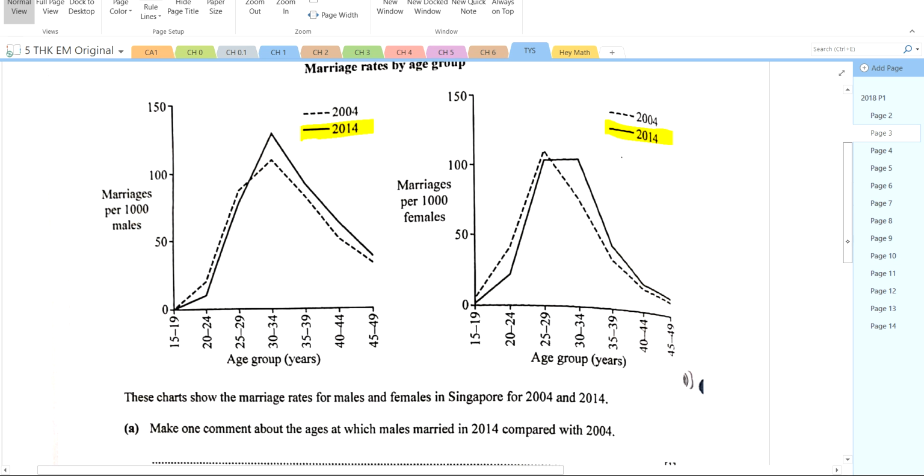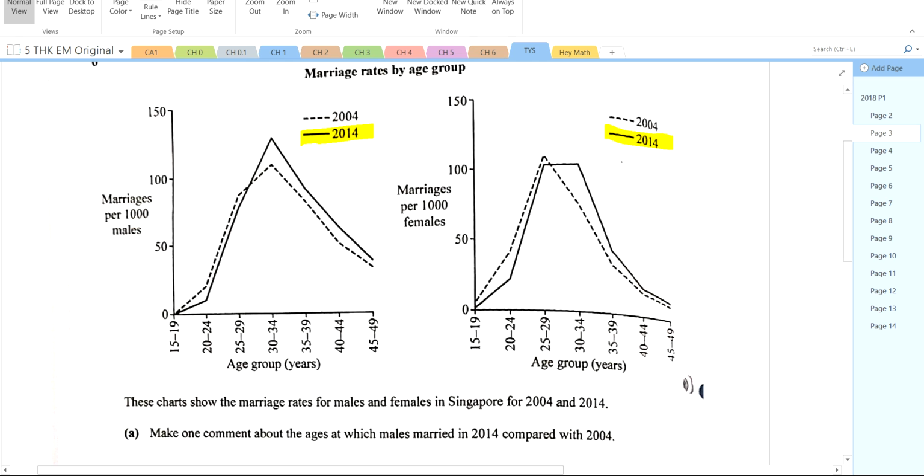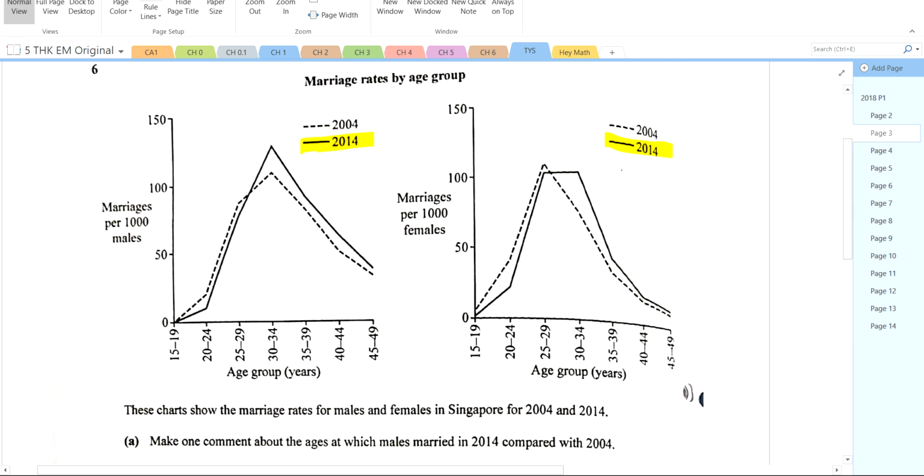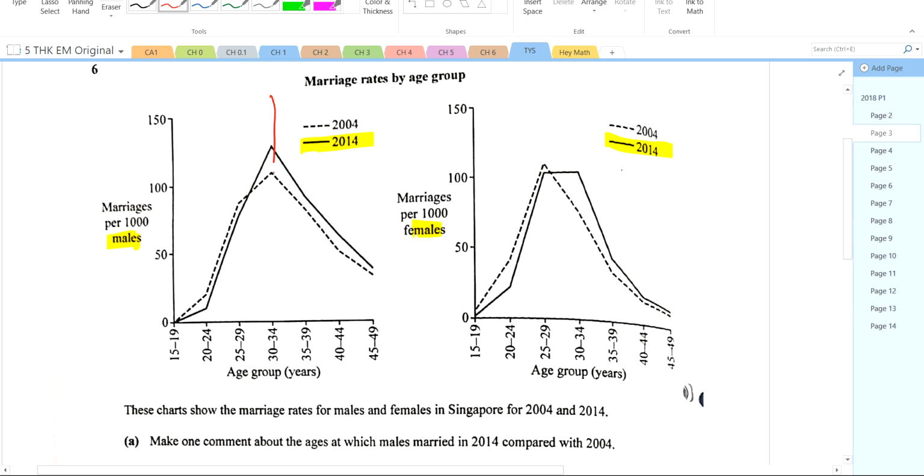These two charts show us the age group and the number of marriages per age group. For Huma to say that males marry at a higher age than females, we need to consider both male and female, the age that they get married at. Here we've got the males, here we've got the females. We see that for males, it is rather quite in the middle. Okay, let me draw a line. If I divide this into two parts,